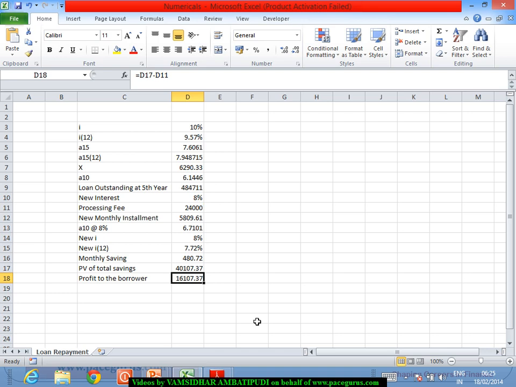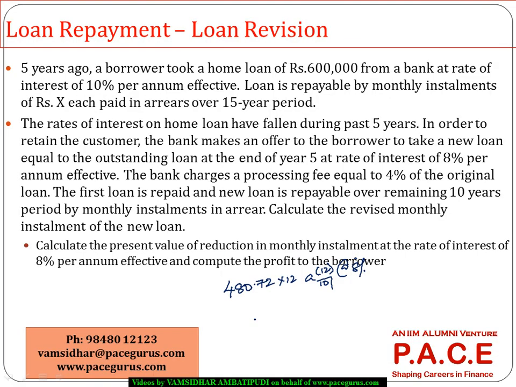Because every foreclosure of the loan will incur a processing fee. So even after the payment of the processing fee, is there any kind of profitability that is left in the process? All these things have to be very critically evaluated before going for taking a decision regarding the foreclosure of the loan. Alright, so this is a typical real world example which we encounter with respect to the repayment of loans and the foreclosure of the loan,